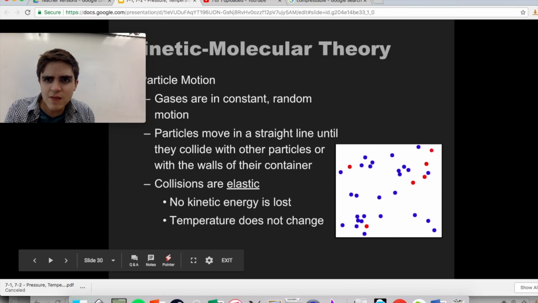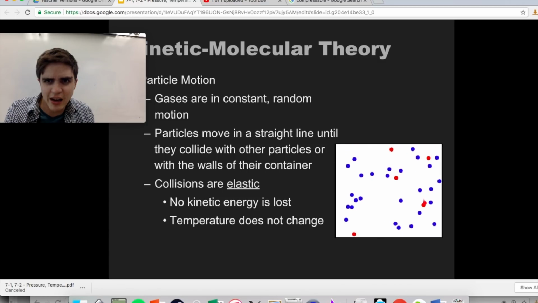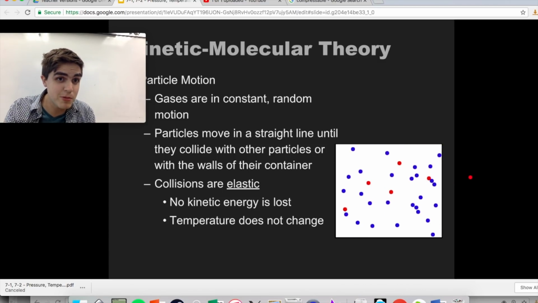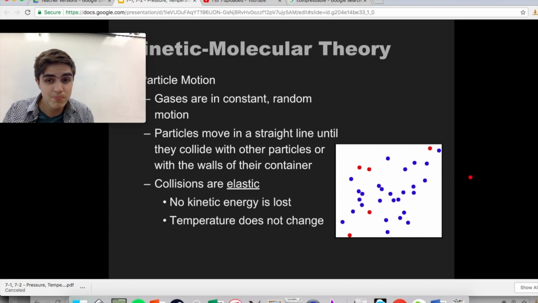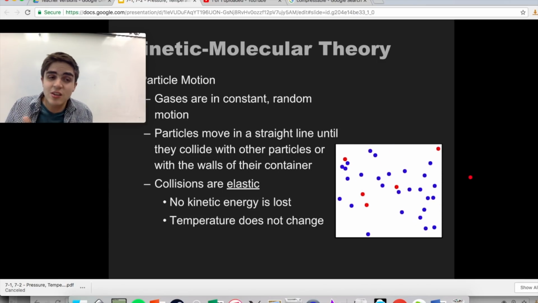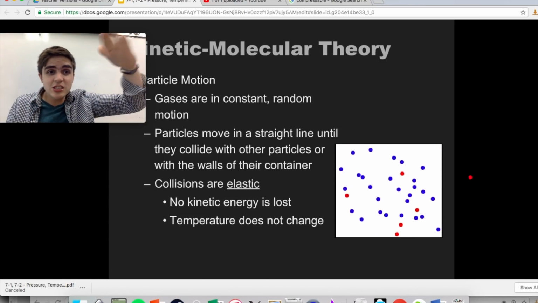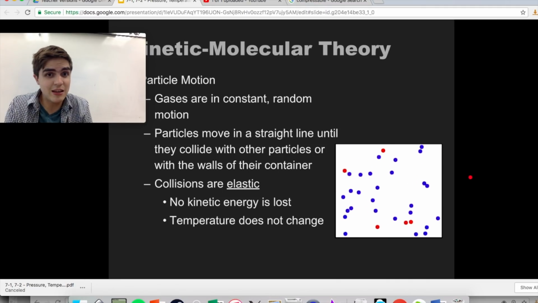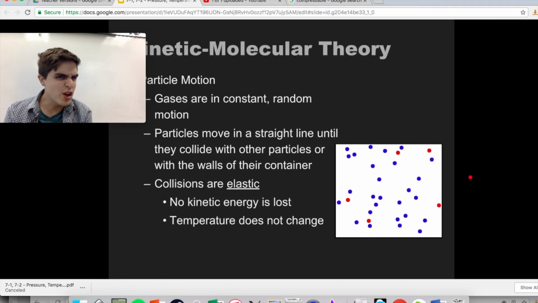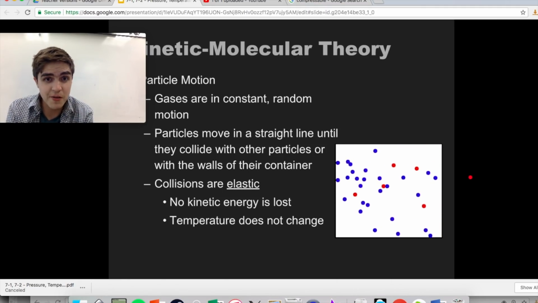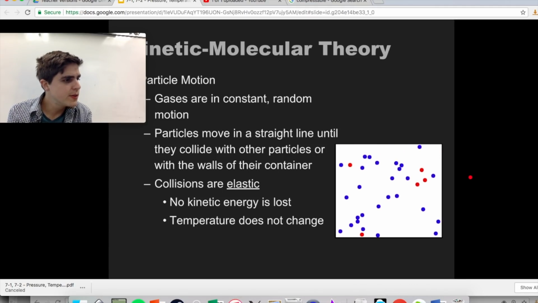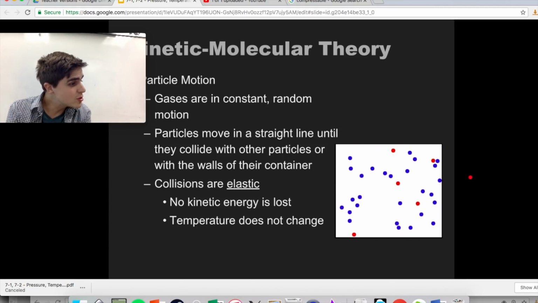You can see it's moving in a straight line until it collides, and I'm not even going to pretend to keep following it because apparently I'm very bad at that. Whatever. You can see there is chaos, but only insofar as it's just hitting things and moving around. And that's really not too terrible, because there's only two options. You can hit the wall or you can hit another chemical. Okay? Now, that's nice,